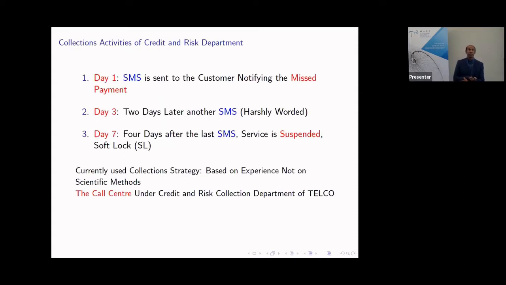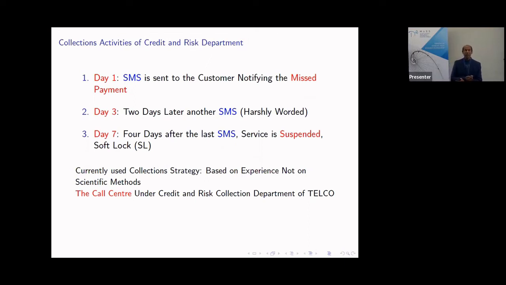So this is the collection action they use to recover the money. And day one, they have what they call a workflow system. The workflow system will recognize that this is the particular day the customer has to pay the money to the cell phone industry. The call center workflow system is one of the pieces of equipment they use. It will recognize that this person failed to make payment on the agreed date.